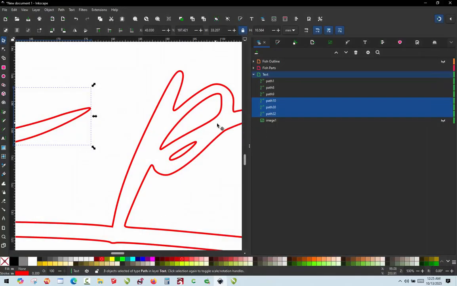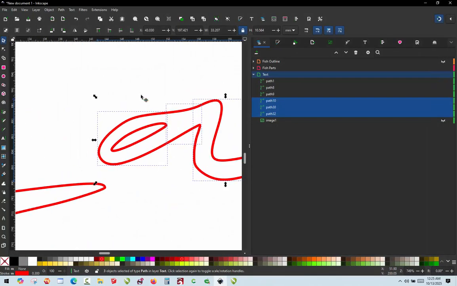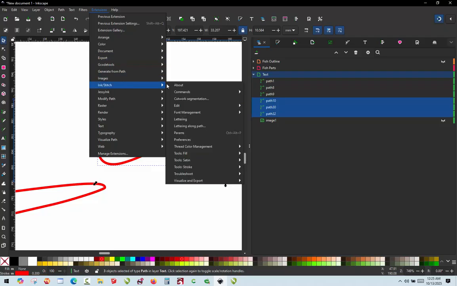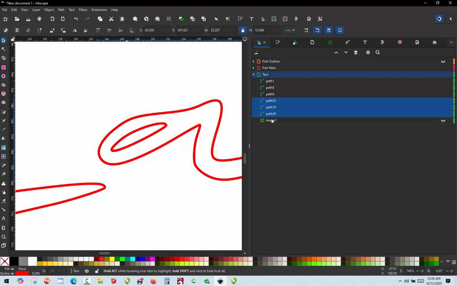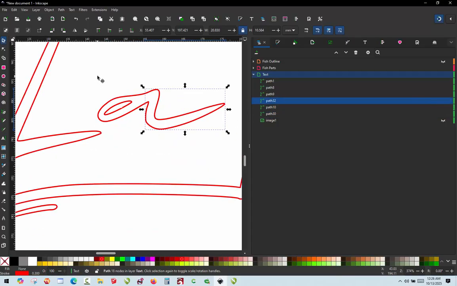So InkStitch does have an option for us where we can select the object that we want to stitch first, hold the Shift key down, the object we want to stitch second, and then the object that we want to stitch third, and then we come up to Extensions, InkStitch, Edit, and it says Restack Objects in the order of selection. And it does that quite well. Okay, so the way InkStitch stitches is the lowermost object, and then the next one, and then the next one. So that part